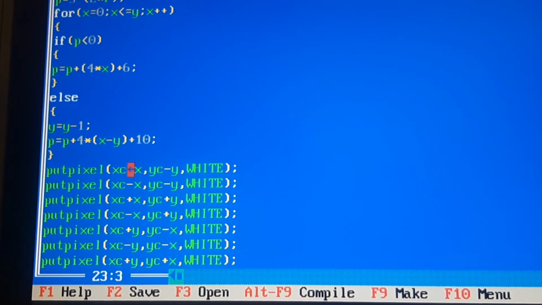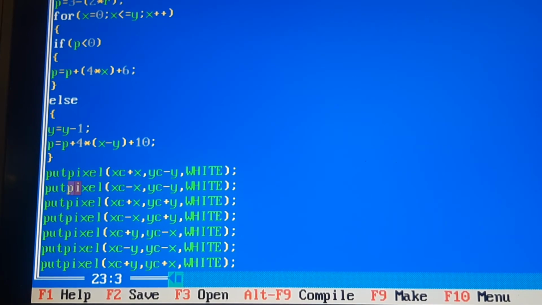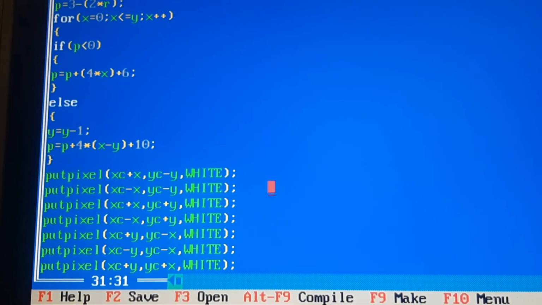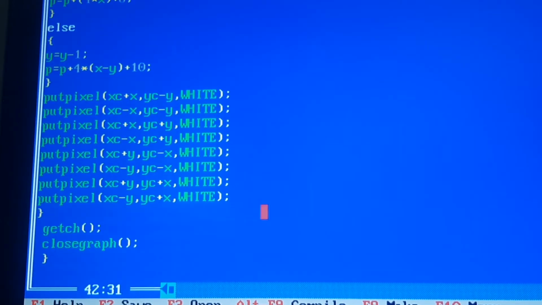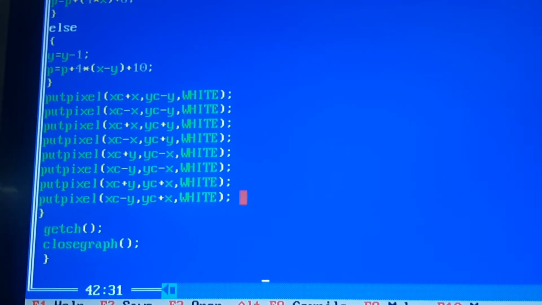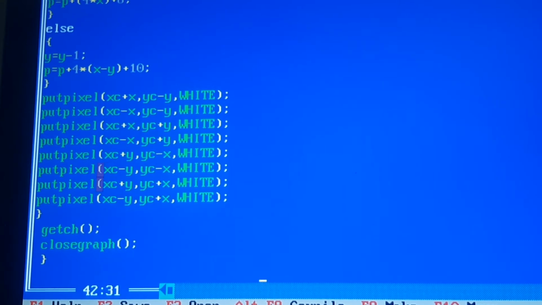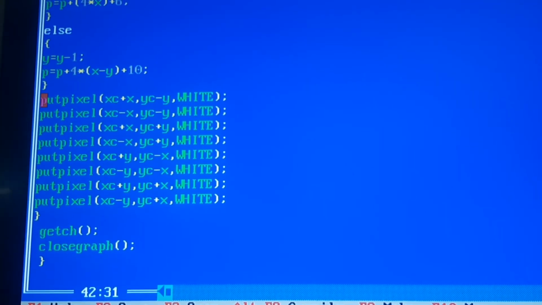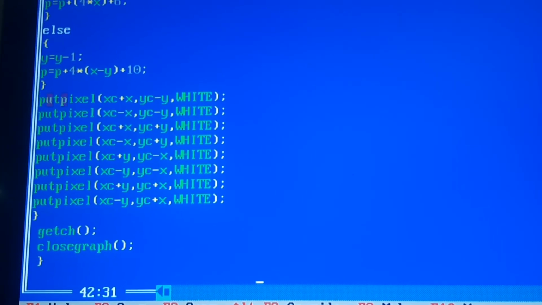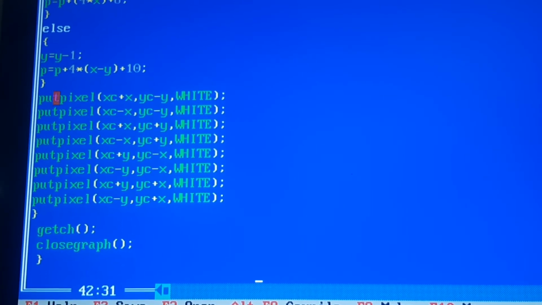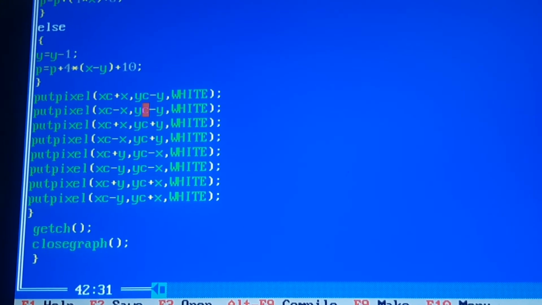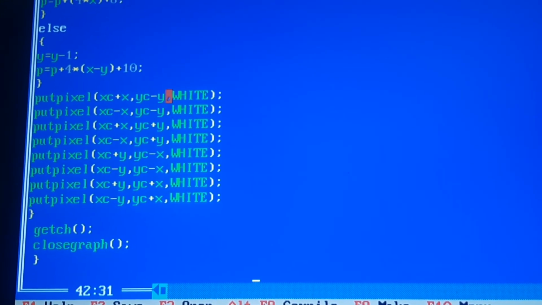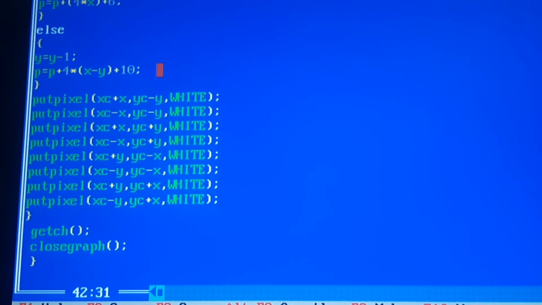Then next we have to use putpixel, that is to plot the particular pixel. We have seen in the symmetry of the circle, while studying the symmetry of the circle, why these points are taken. Here we are printing those points in each octant. So we have used here putpixel xc plus x comma yc minus y comma white color, meaning that particular pixel will be white.